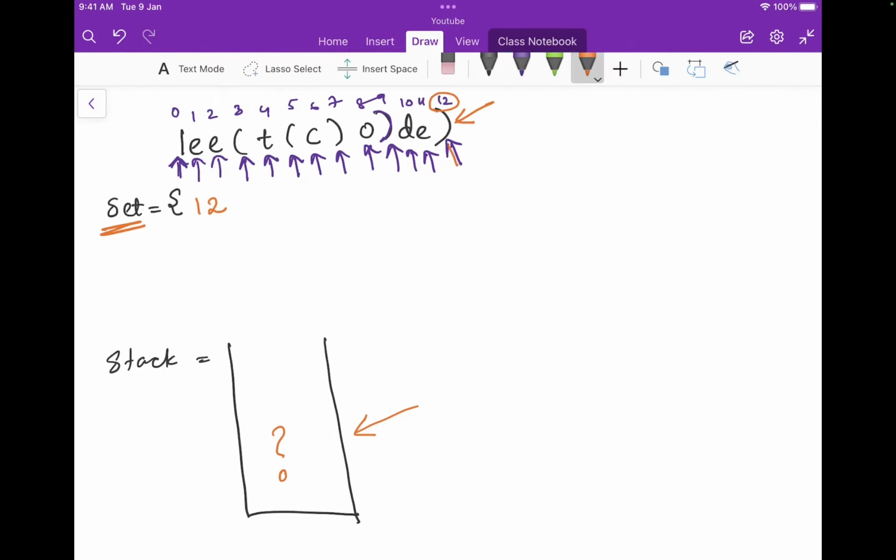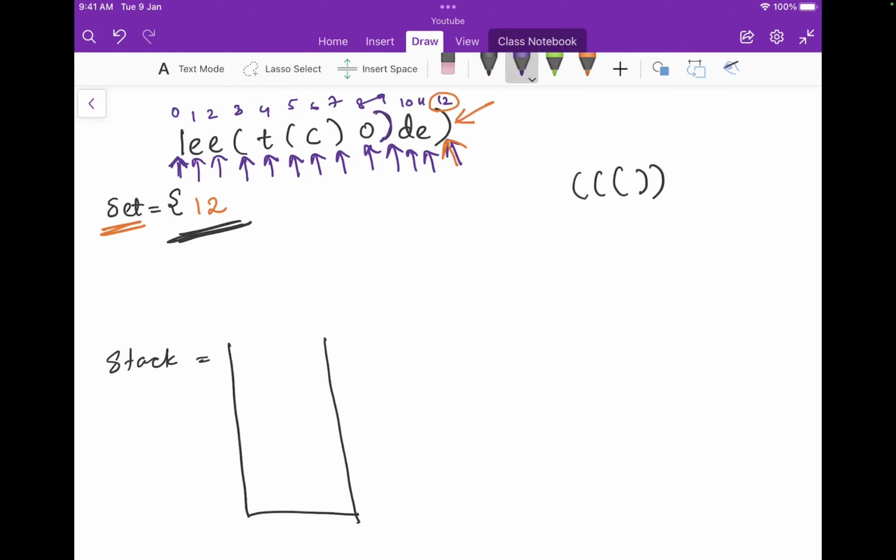Now we reach the end of the string. Okay, so what do we do now? Now we actually concatenate, or you can say we gather, all the indices that are part of the set and also any that are part of the stack. And why is that? Because say in this scenario, you had all the opening brackets first, and say you have more opening brackets than closing brackets, something like this, and you go through the algorithm,